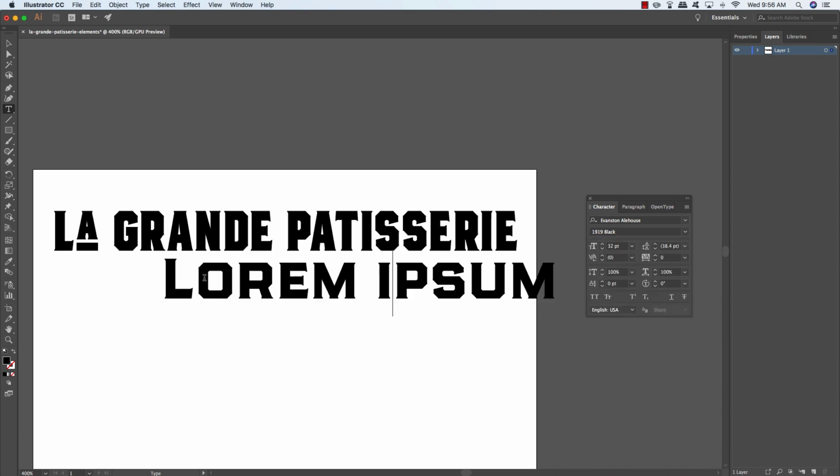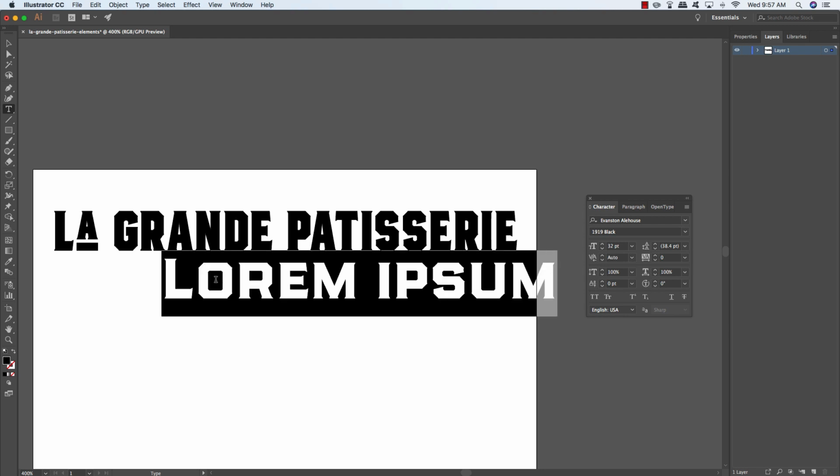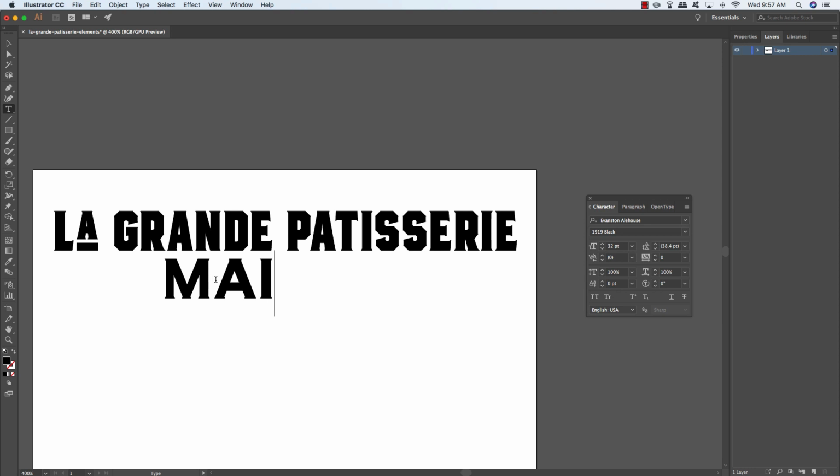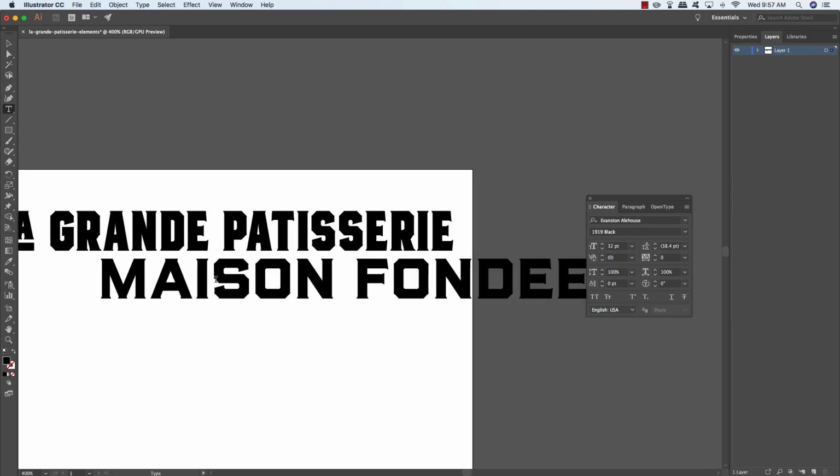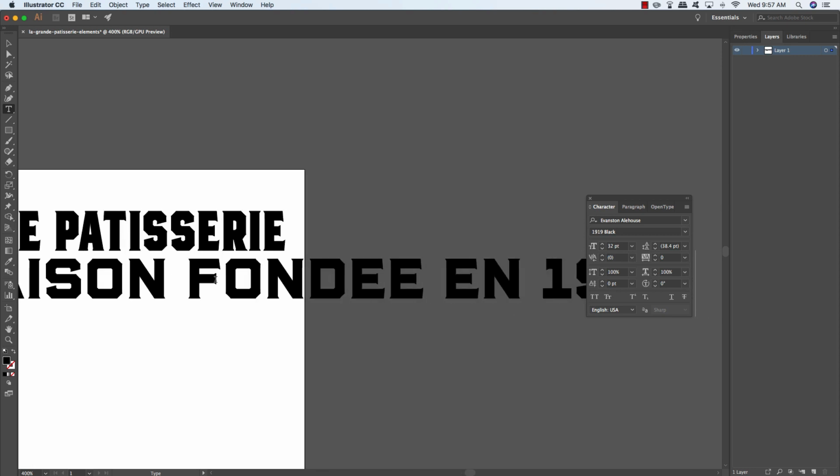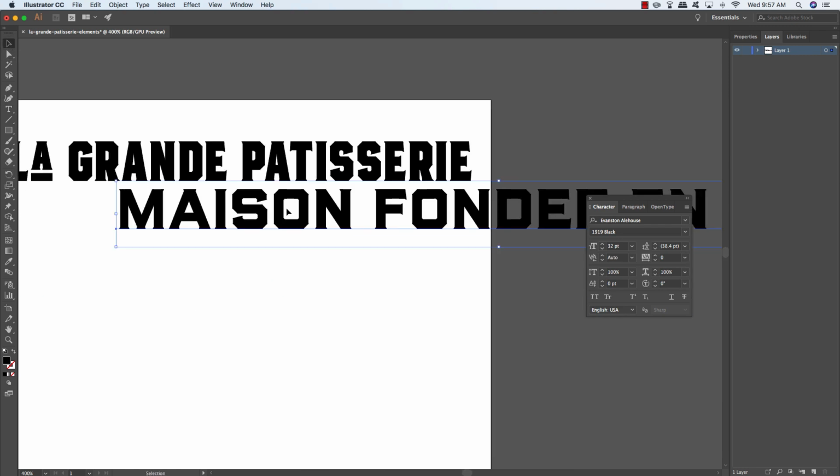Okay, so this one looks a little bit different. It's not as condensed, but it still has these nice serifs on it. It's a really nice, beautiful looking font. And these are just a few of the styles that you guys will get access to in the full bundle. Now for this text, we're going to type out Maison fondée in 1925, which essentially just means house founded in